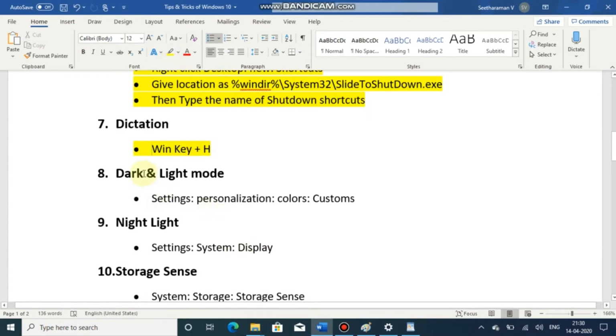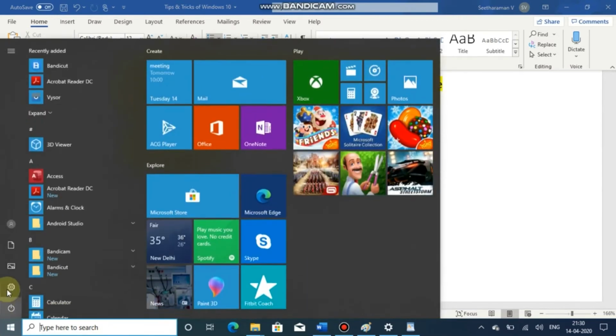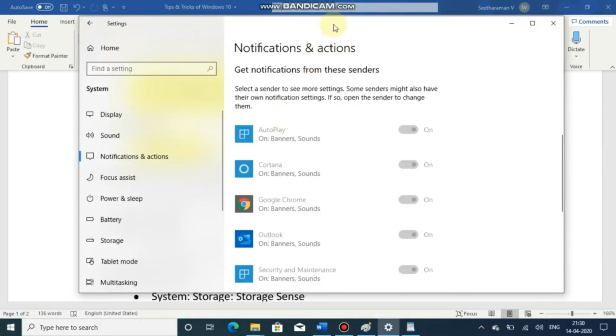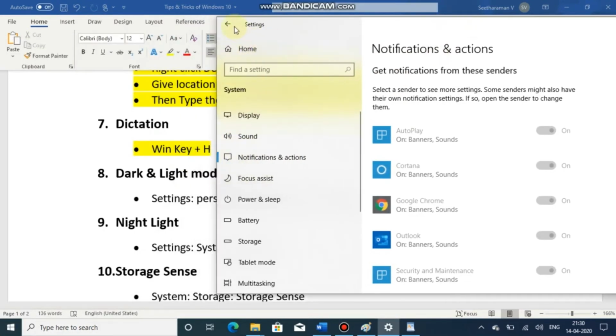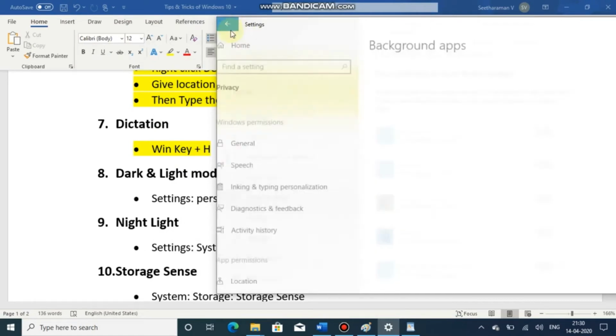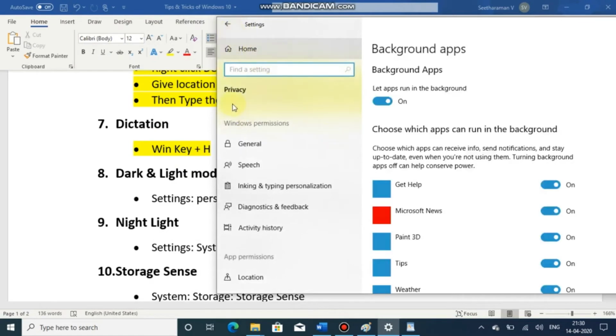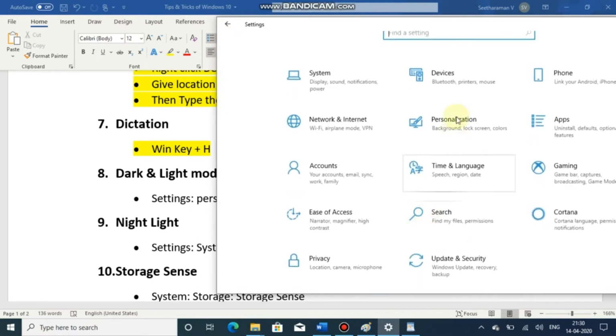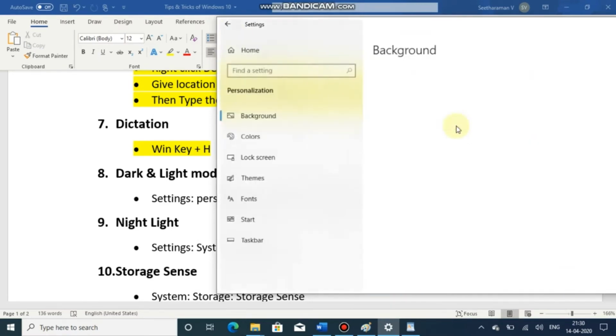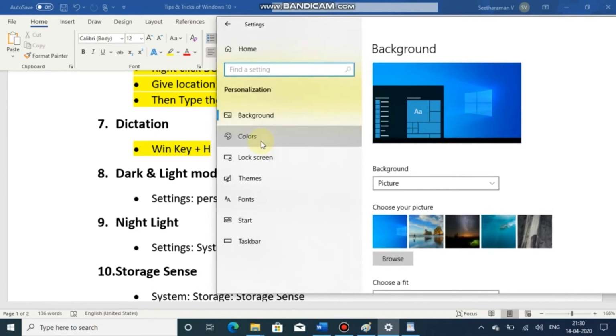Then Windows dark and light mode. For that you have to go to Settings, Personalization, Colors.